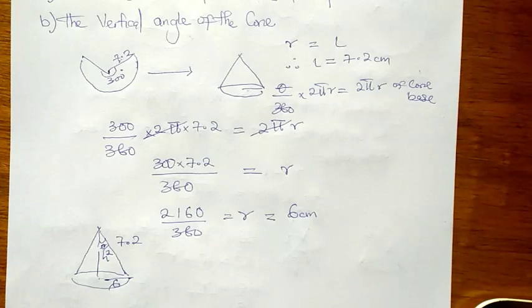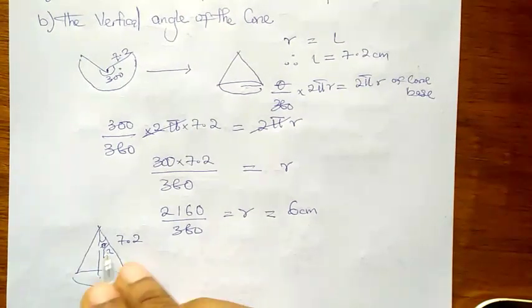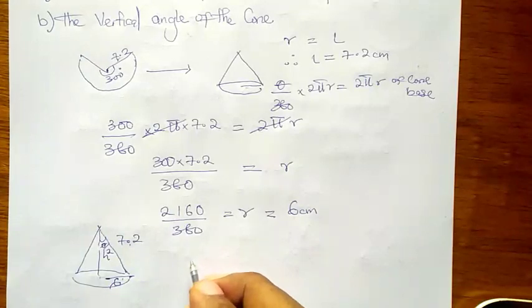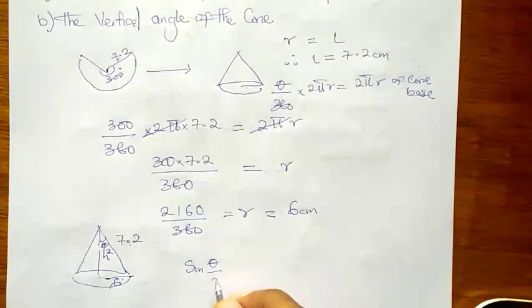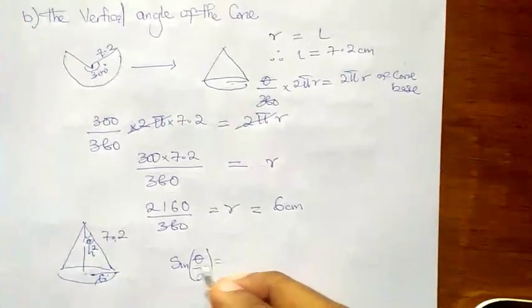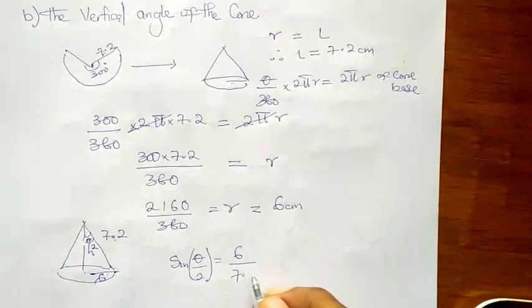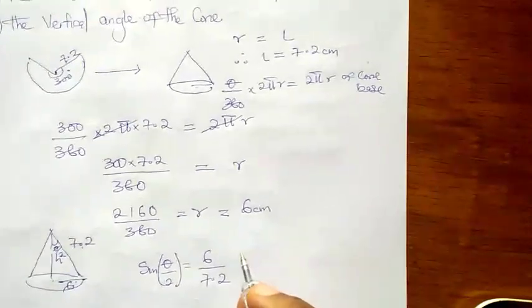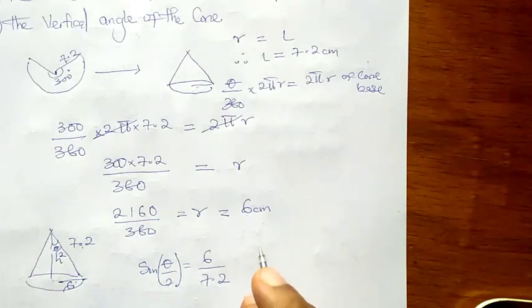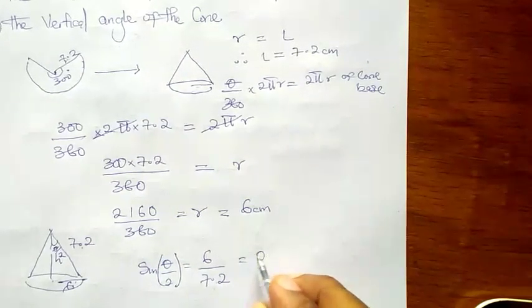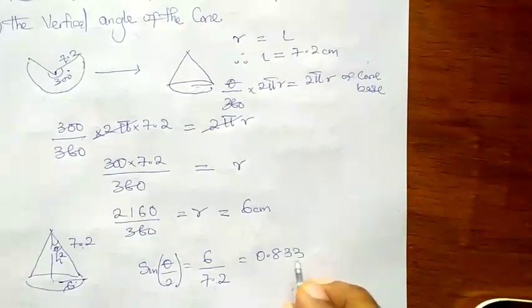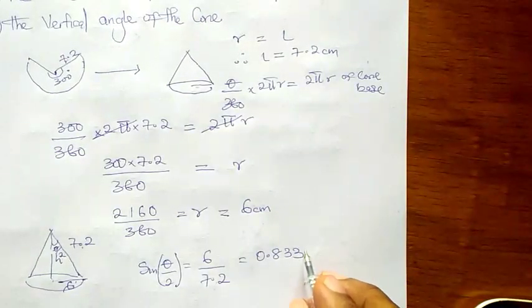Now we have theta over 2, which is half of the vertical angle of the cone, being equal to 6, which is the opposite, all divided by 7.2. We remember 6 is our opposite and 7.2 is our hypotenuse. 6 divided by 7.2 leaves us with